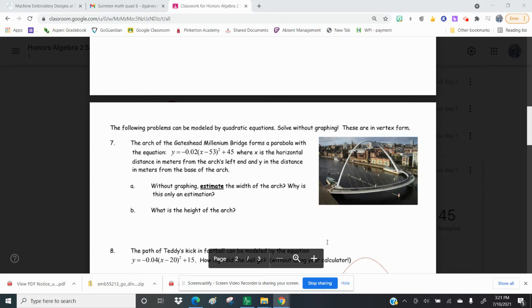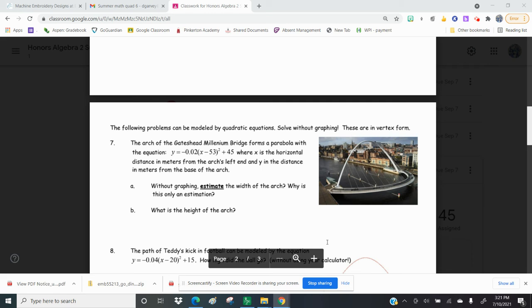All right, so this is quad 6, number 7, and it says the following problems can be modeled by quadratic equations. Solve without graphing. These are in vertex form. So it's important that you know what vertex form is and what it tells you before you try and tackle this problem. But it tells you that the arch of the Gateshead Millennium Bridge